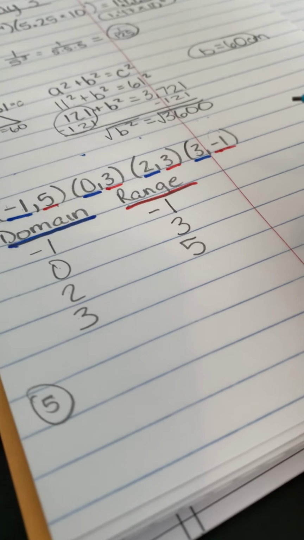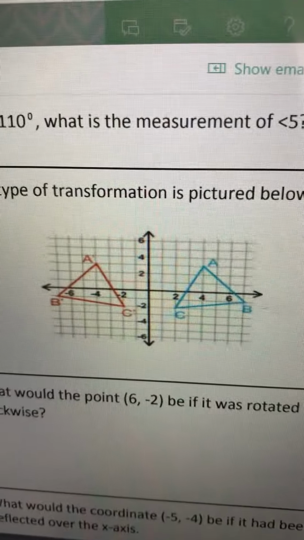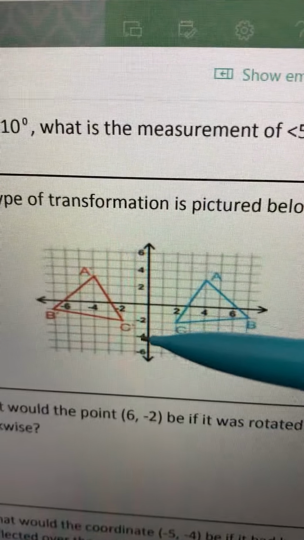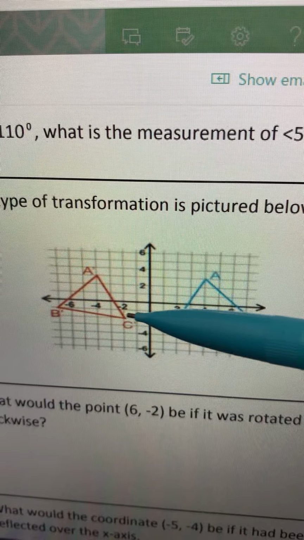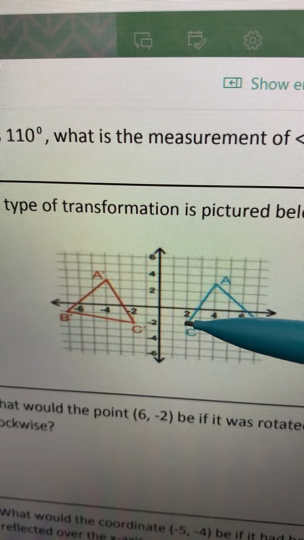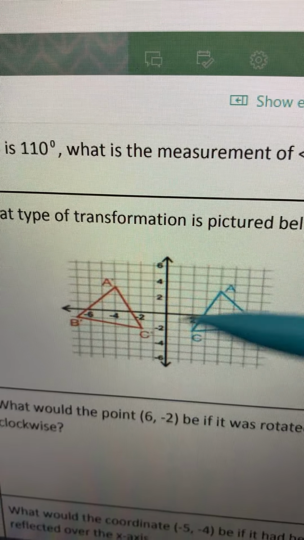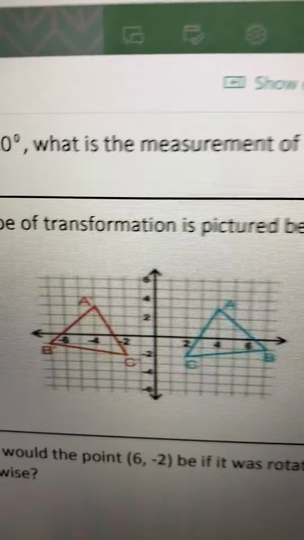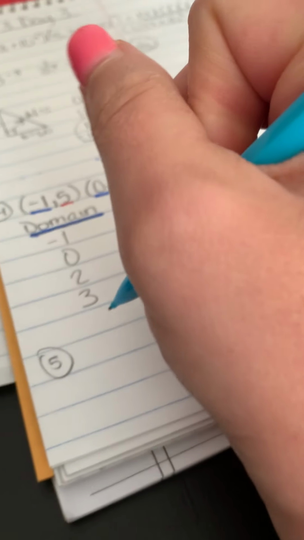And then number 5 says, what type of transformation is pictured here? And I can tell that, let's see if I can point to it here. Because we have C is 2 points away here, C's 2 points away here, A, and B. This looks like a reflection over the y-axis. So that would be my answer for number 5, a reflection